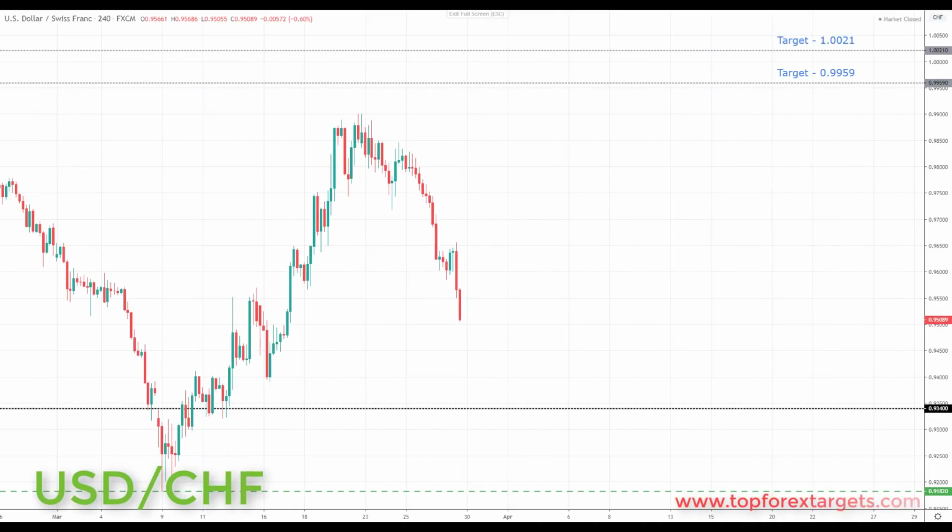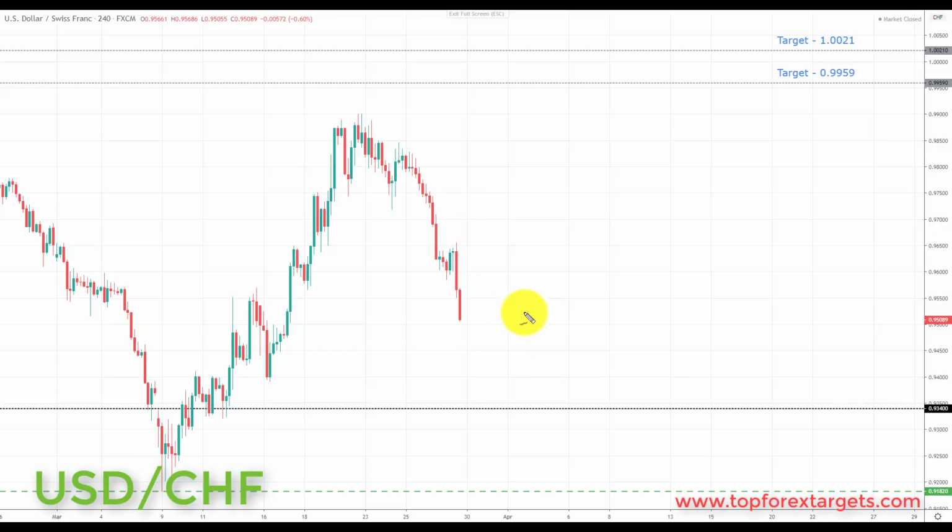So next market we're going to look at is US dollar Swiss franc. Now last week we were looking for a pullback in this market. We're focused primarily on bullish setups in this market as we are still structured to the upside in the US dollar Swiss franc. We did start to correct last week, and we did come back to the key area of broken resistance turning support. It didn't actually turn support. We started just to trade a little bit lower, so we've adjusted our key area of support this week.